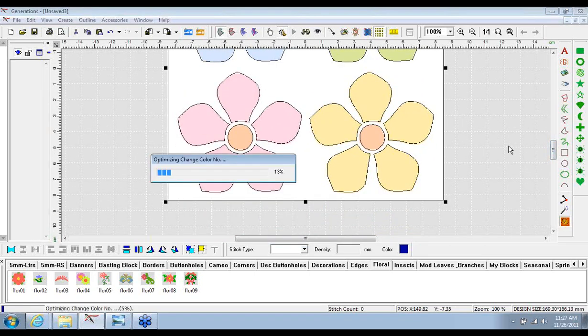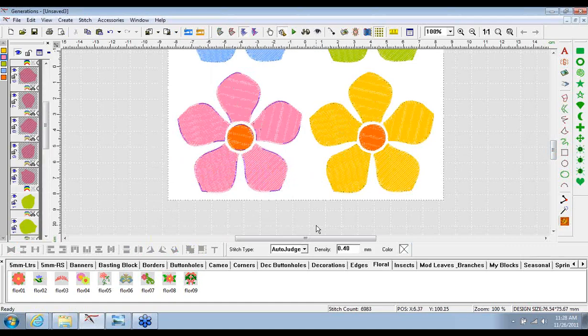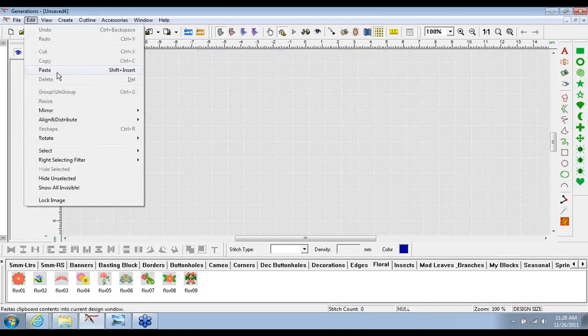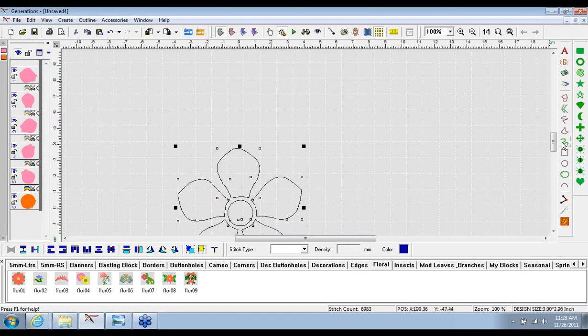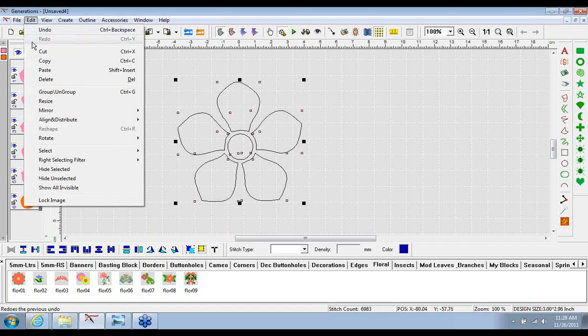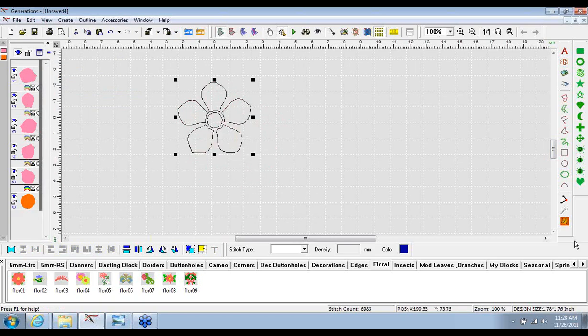And just to show you, we're going to generate stitches. We're just going to do one flower. We're going to take one flower from here by right-clicking, holding, and dragging the box over that flower. I'm going to take that, go to Edit and Copy, and then Edit and Paste. It is ungrouped when we bring it over here, so we're going to group it together. So we'll go to Edit and Group. Let's change the design to be a little bit smaller. We're going to scale it down